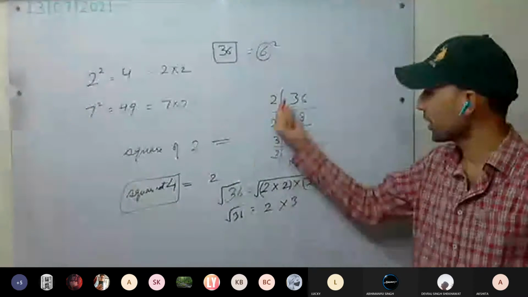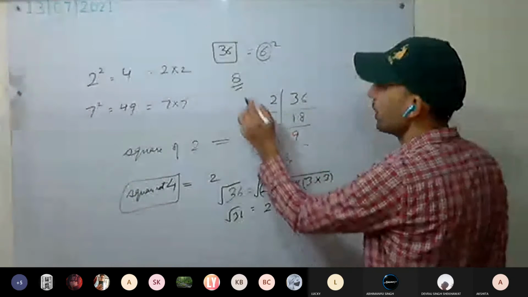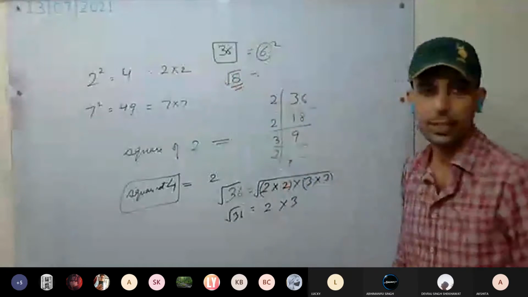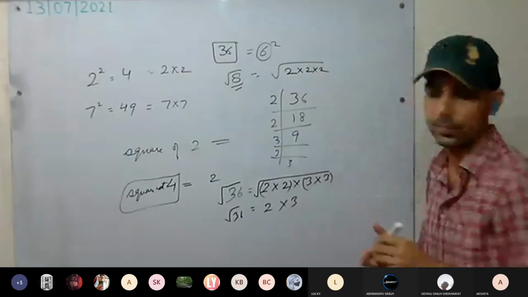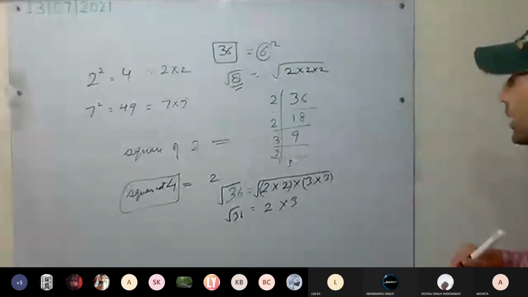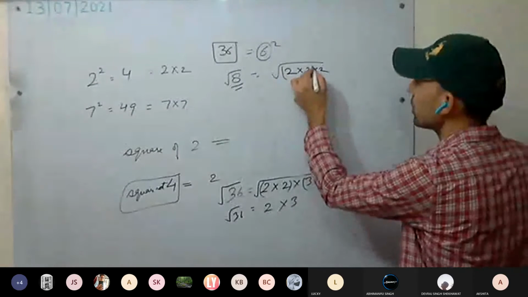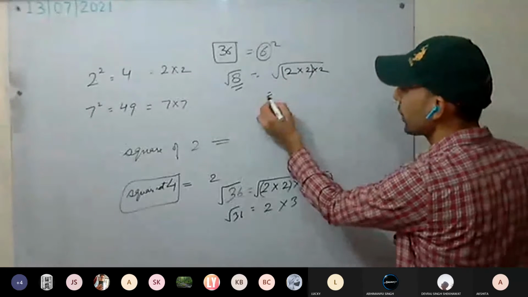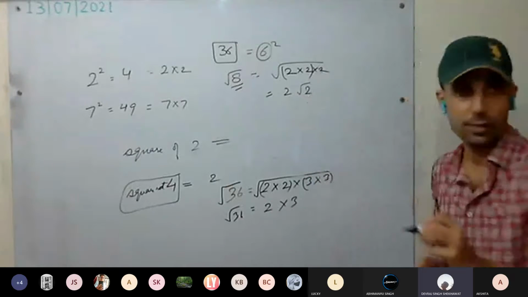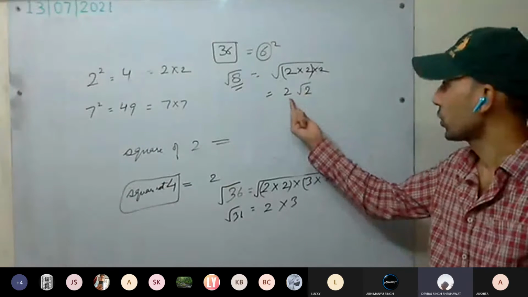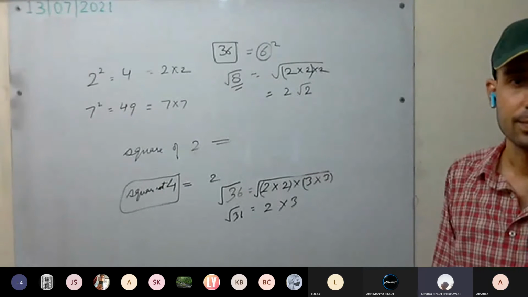If it is not perfectly factorizable, for example, we have to calculate the square root of 8. How to calculate it? 8 is 2 into 2 into 2. From each pair we take 1 out. One pair is formed, the other pair is not formed. It means the answer is 2, and this 2 will remain under root. So 2 root 2 is the square root of 8. Understood this one? Yes, sir.